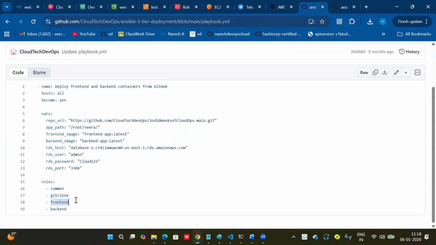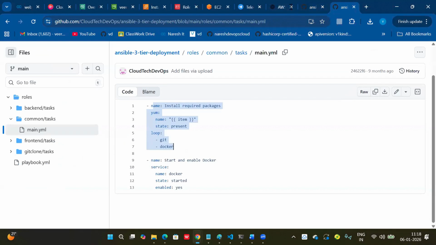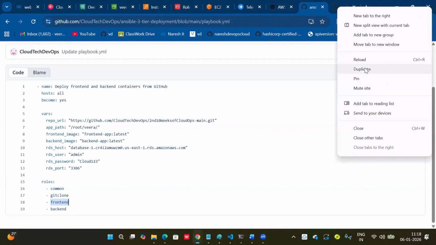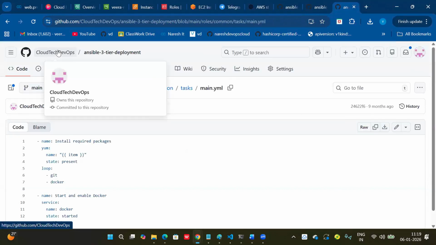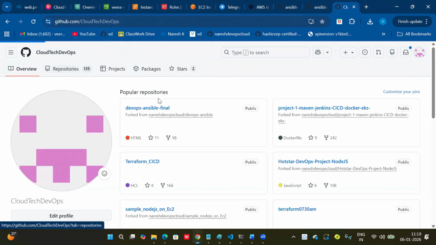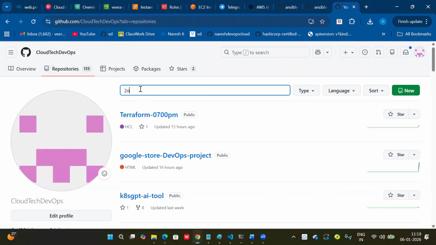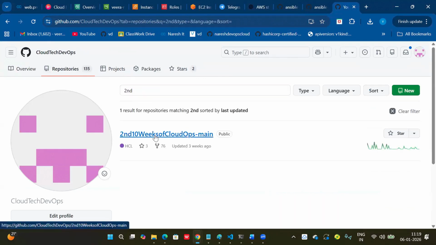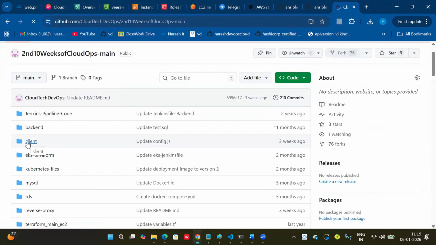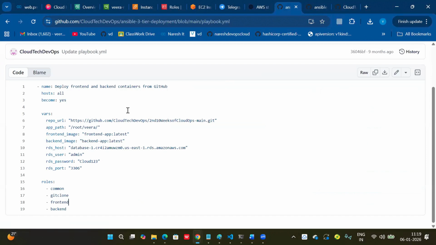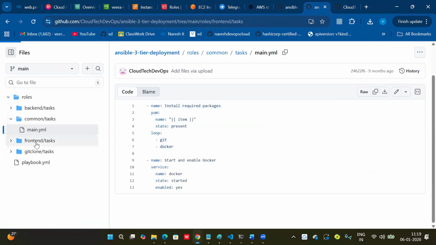front end is running. You can change it, actually the back end should run first. Front end is running, so front end, you can understand here. Go to my project repository. This is going to be cloned, and for front end, it is going to clone the client. You can see inside the front end YAML, you can understand.